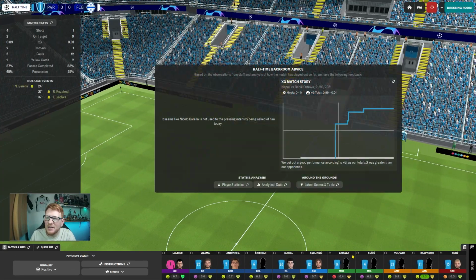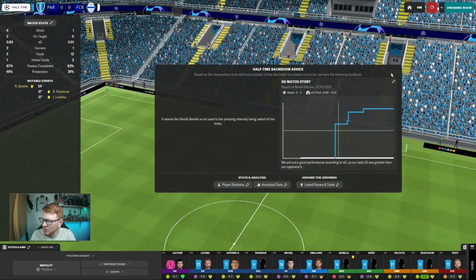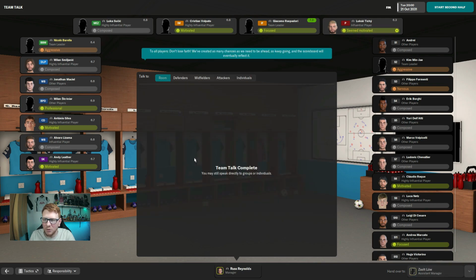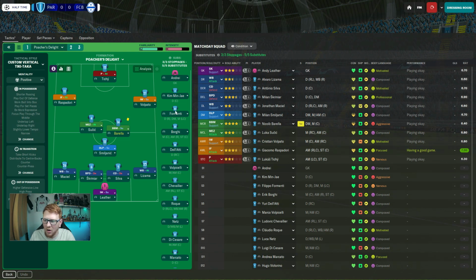Half time in this game. No highlights whatsoever at the moment. We've got some very grumpy players on the pitch. A lot of players that aren't playing well. We'll say that to the boys. We need to take a couple of players off. We need to take Barella and Tiski off. So we shall bring on...